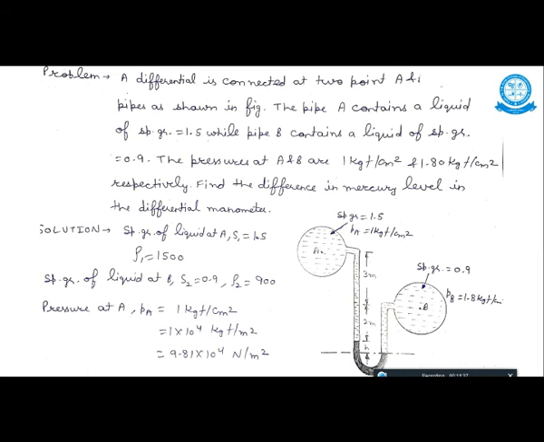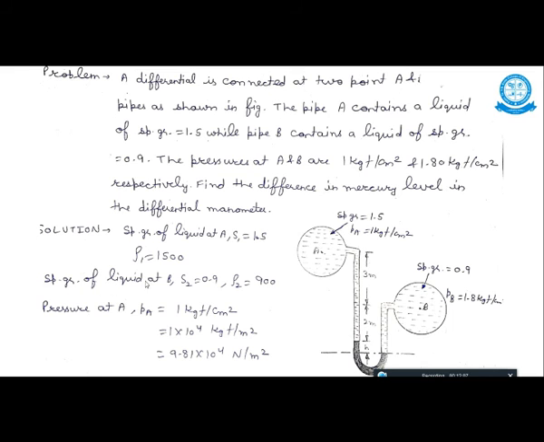Now see. Again, write down the given data here. This will be a diagrammatic representation. It contains point A and point B, which are at different levels. Specific gravity for the liquid at point A is 1.5, and the pressure is 1 kg per centimeter square. The specific gravity of the other liquid is 0.9, and the pressure is 1.8 kg per centimeter square. These levels are given here, 3, 2, and this one with the h means the height of mercury above the datum line.